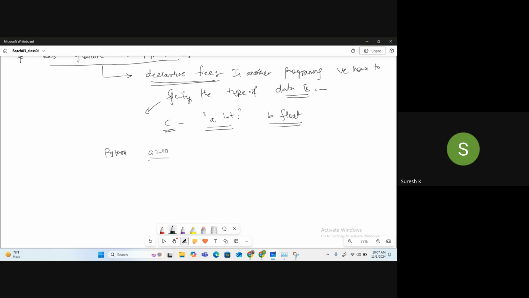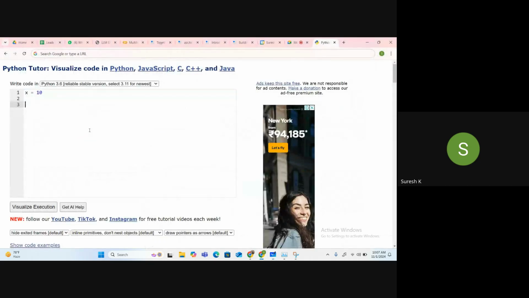In Python, we mention a equal to 10. It automatically decides the type of variable it is. Now, here, x equal to 10.